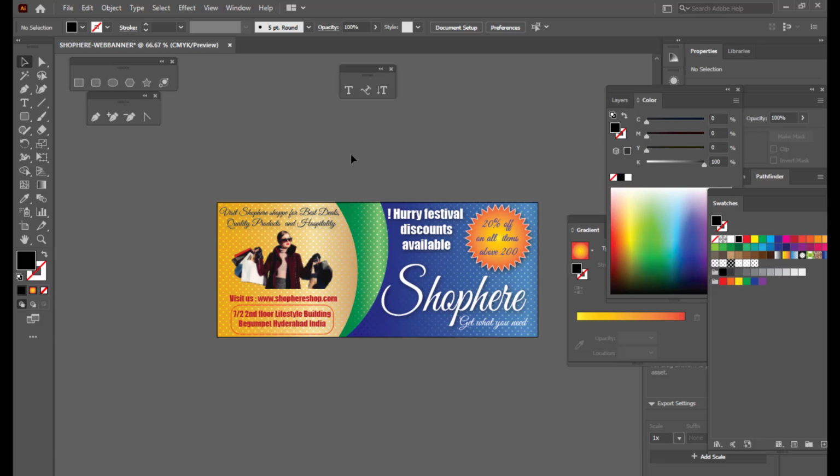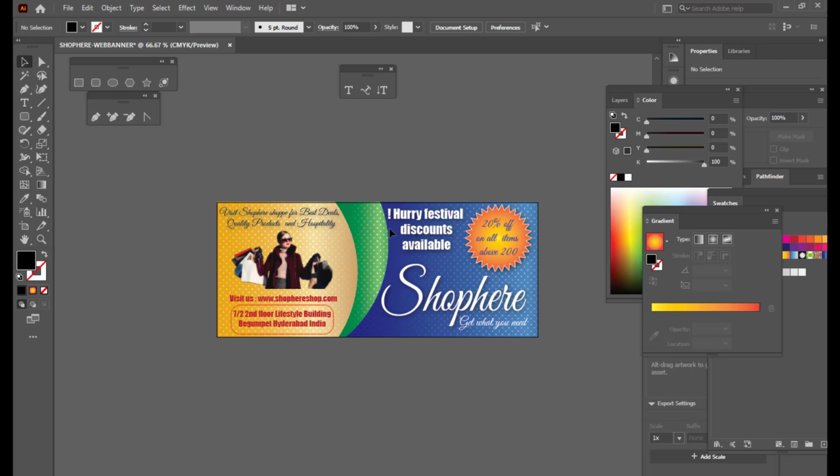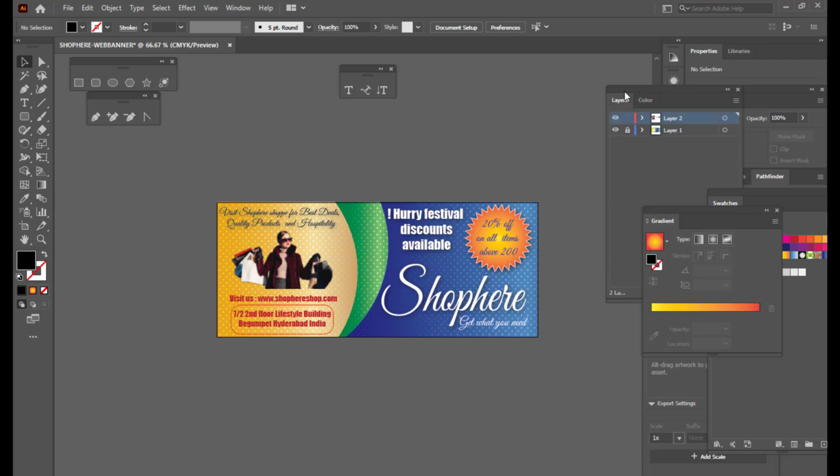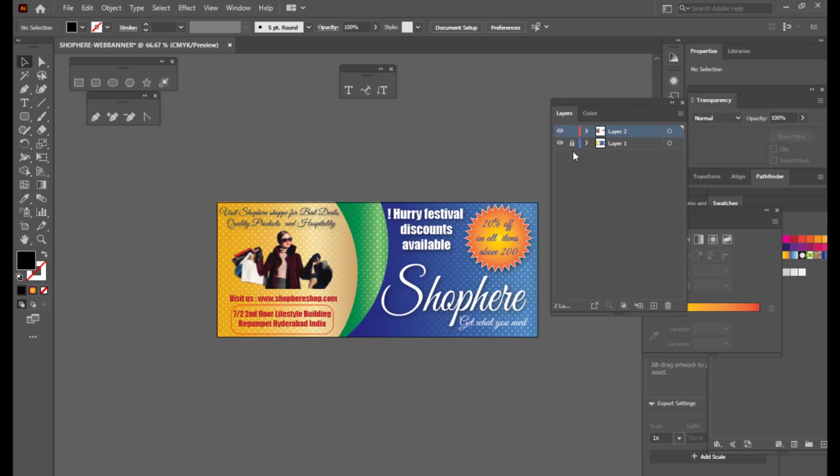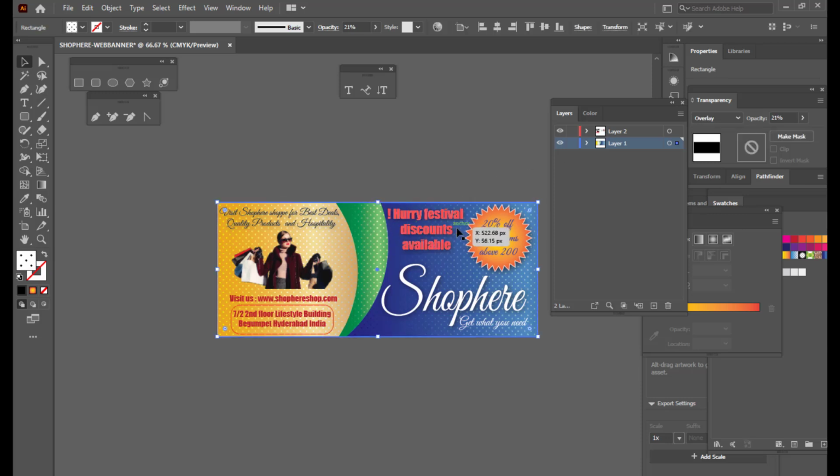So now it's fine. The last and final step is we can give a little bit more attraction to our web banner. We will unlock the bottom layer, and then we will select some of the things here. For example, here the pattern is there, so we can collapse this layer.